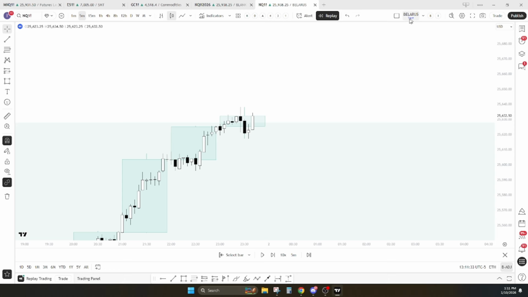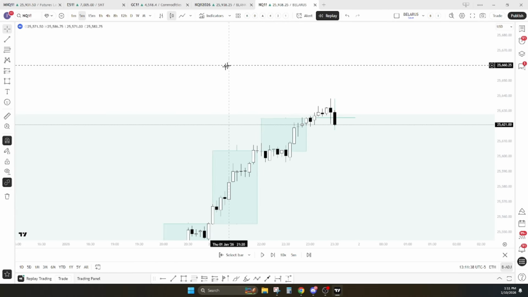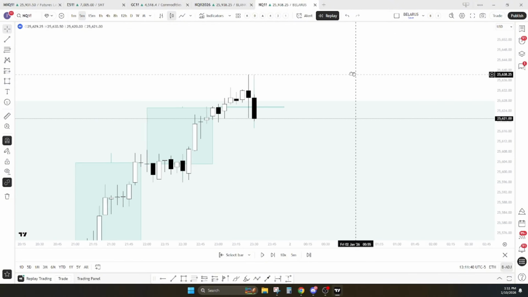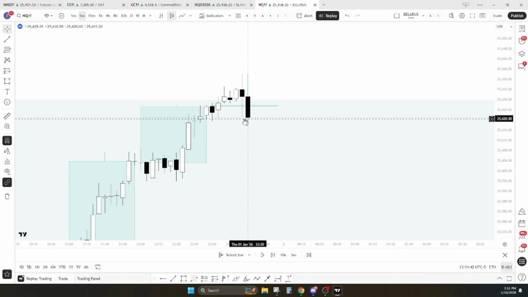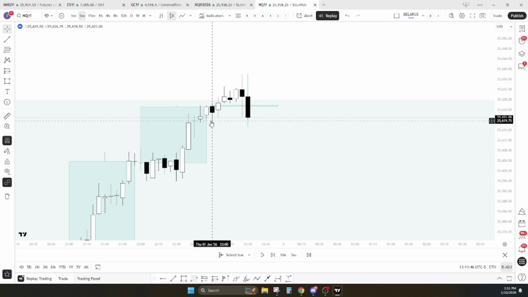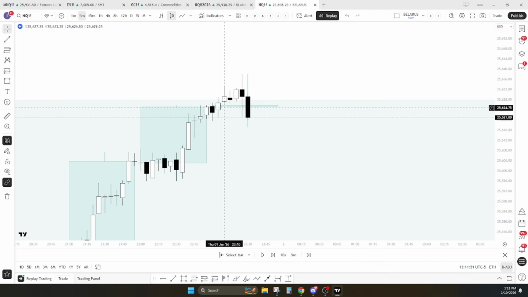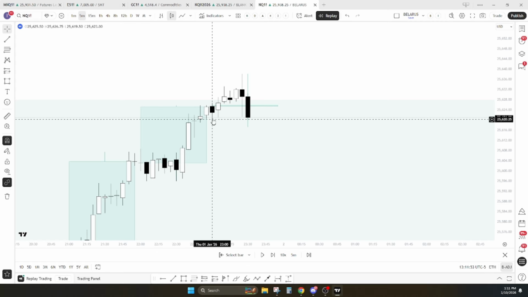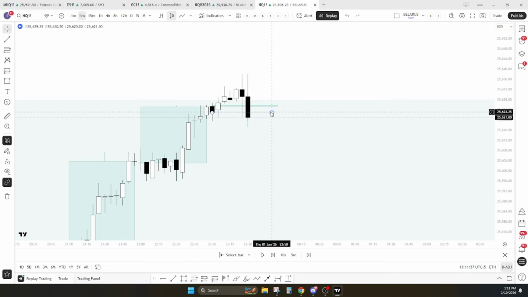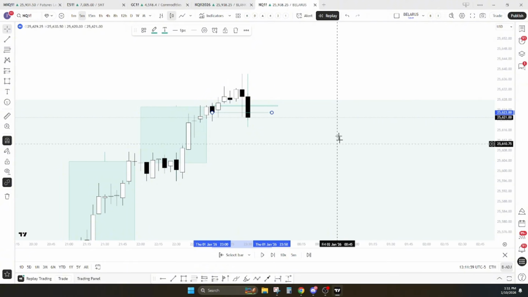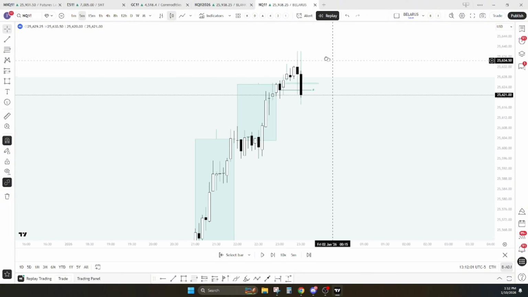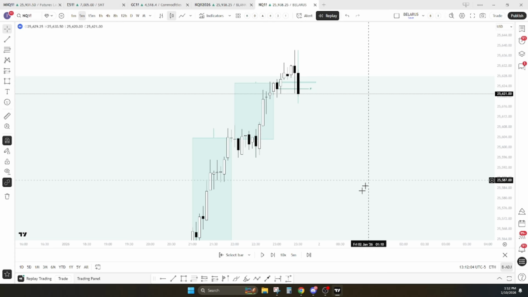So now let me go back to this case right here because this is good. In this scenario, we already had the sweep occur, right? We're below it now. Where would you consider the CISD? Let me just double check the prices here. Okay, so the CISD would be here, right? This low or this body? I think I'm using the bodies. Okay, great. So if you were to use this body, but we're above this bullish daily array,